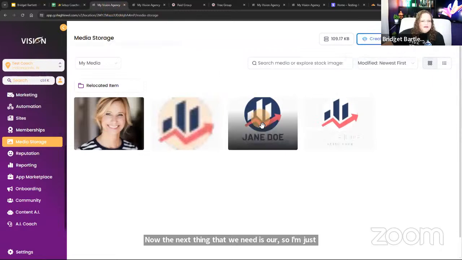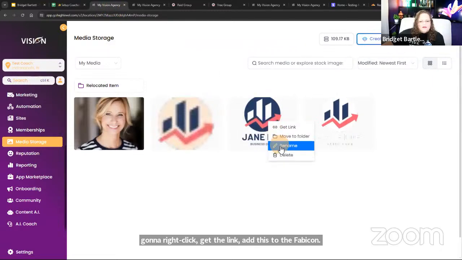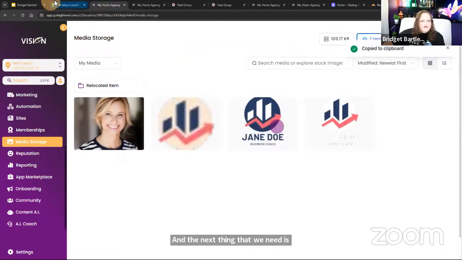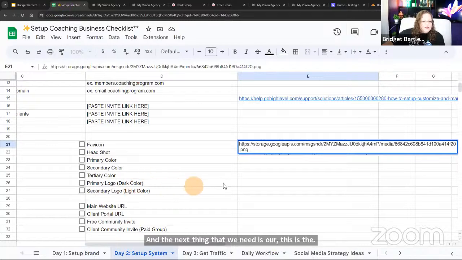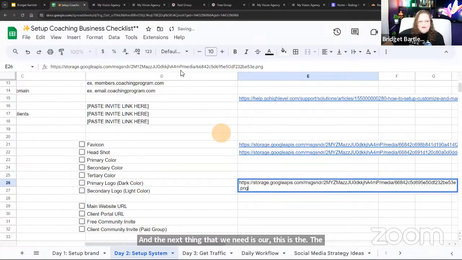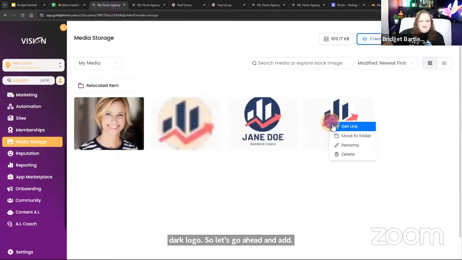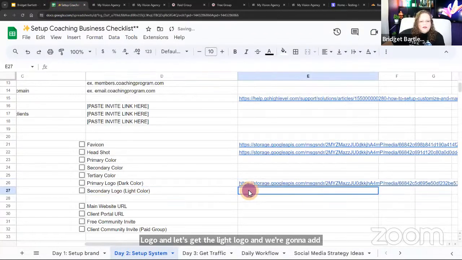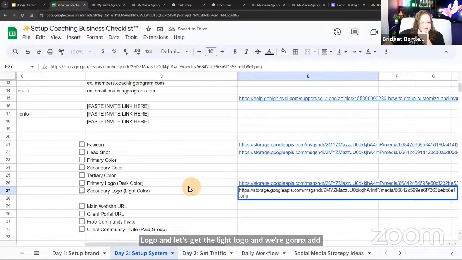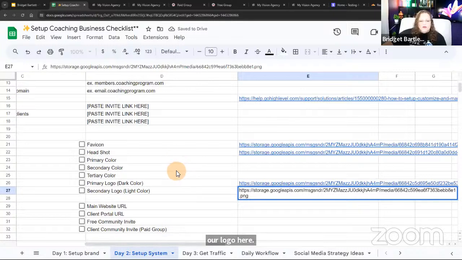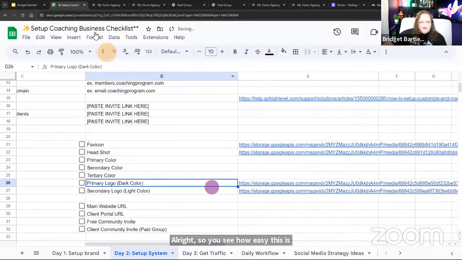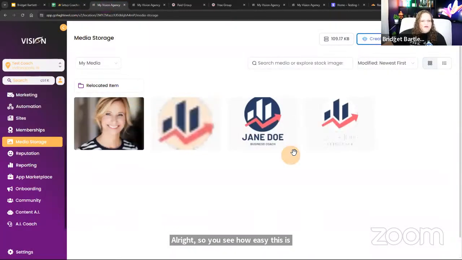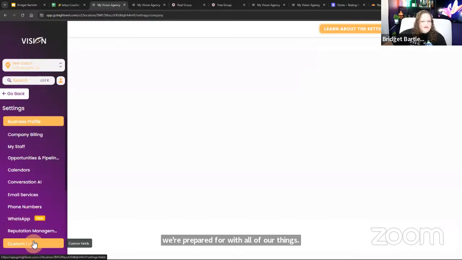And the next thing that we need is the dark logo. So let's go ahead and add the logo, and let's get the light logo, and add our logo here. All right. So you see how easy this is when we're prepared with all of our things. Okay, so now I have all the links that I need. Let's go back now to the custom values